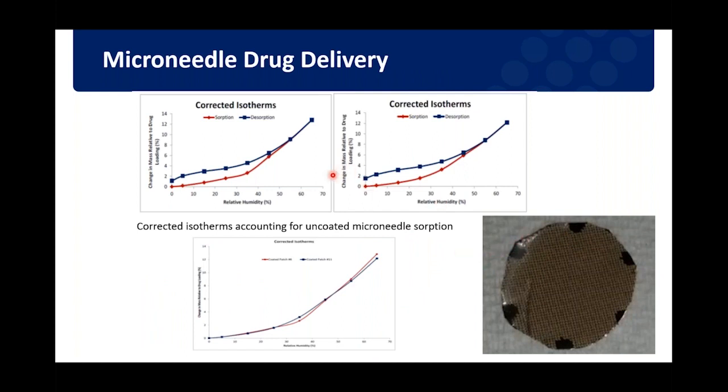This is looking at microneedle coated versus uncoated. So we have microneedles with drug either on these or not on these. And even though the uptake and the amount of drug is very, very small, it's less than a milligram for this patch, we can do a baseline correction to measure the uptake of just the device itself, and then the uptake with the microneedle on. And we can get very, very sensitive differences between looking at uncoated versus coated samples, see if we see the water uptake or any phase changes that might be observed or any amorphous content that we might see.